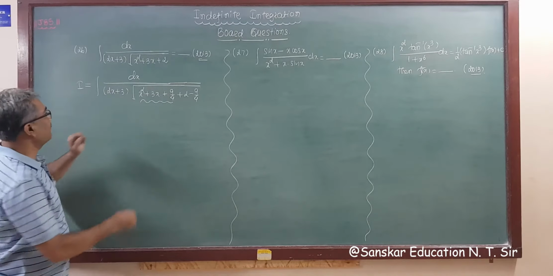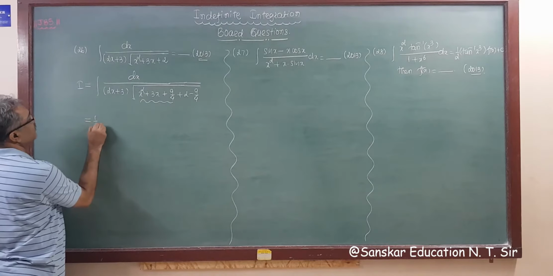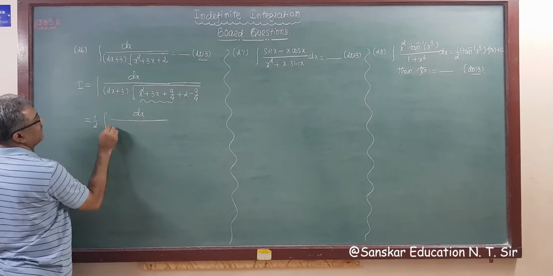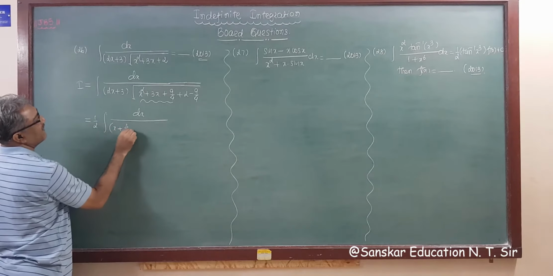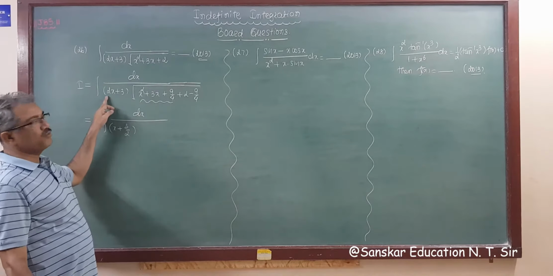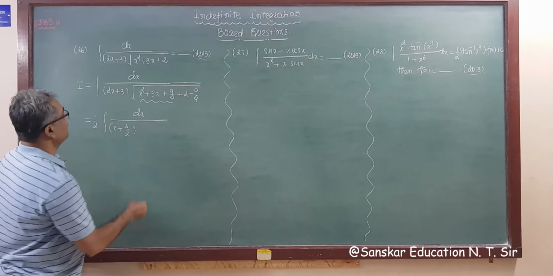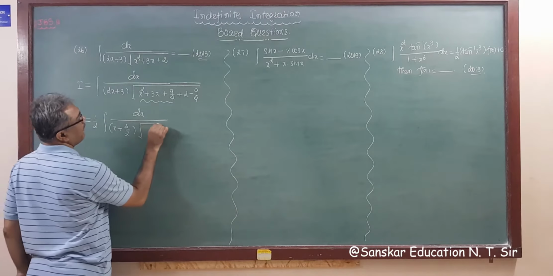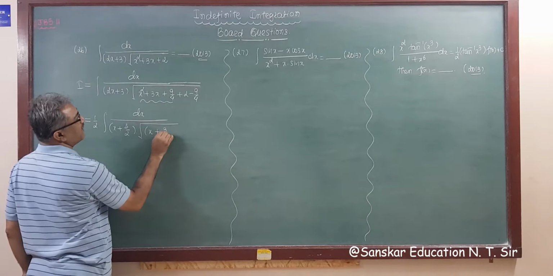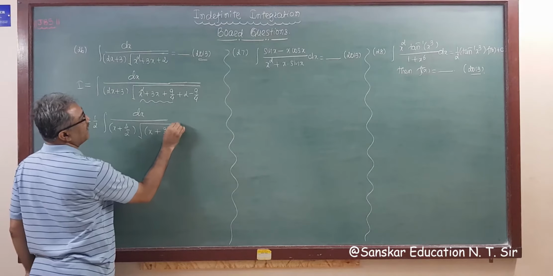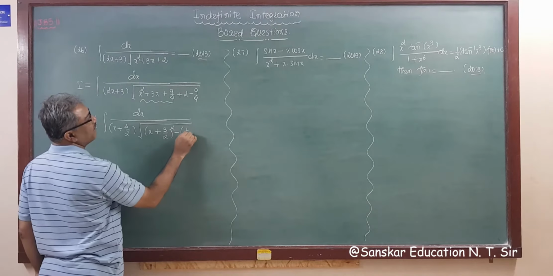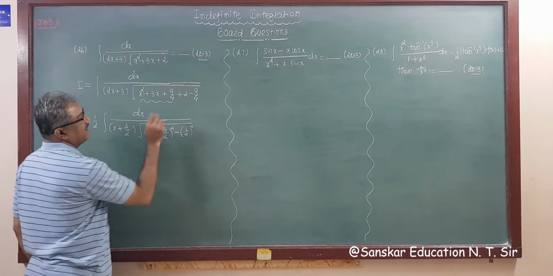So I am taking 2 common from here also. So this is 1 upon 2 integration dx, so this becomes x plus 3 by 2. As this is also x plus 3 by 2 whole square, that's why I am taking 2 common from here. Get it? Okay. So this is under root x, middle term is plus, this is 3 by 2, so x plus 3 by 2 whole square, and this is 8 minus 9, that is minus 1 upon 2 whole square dx.